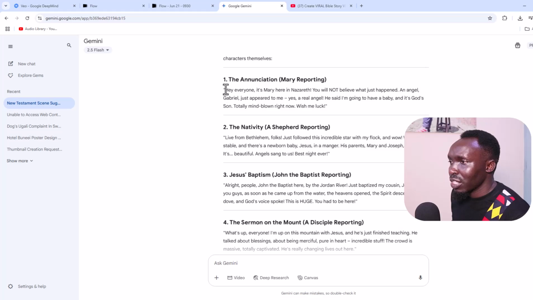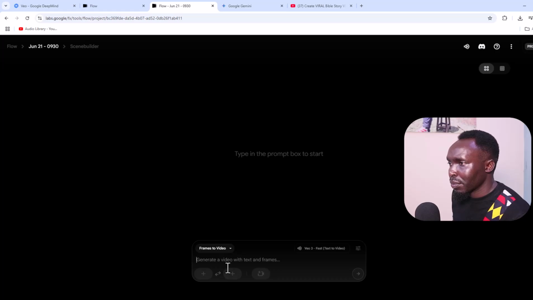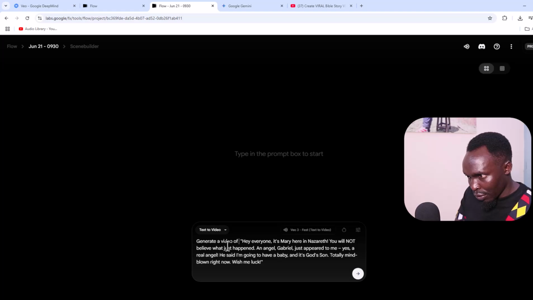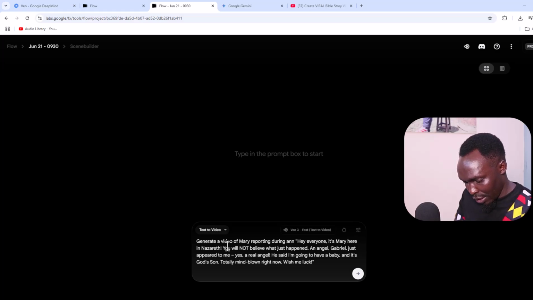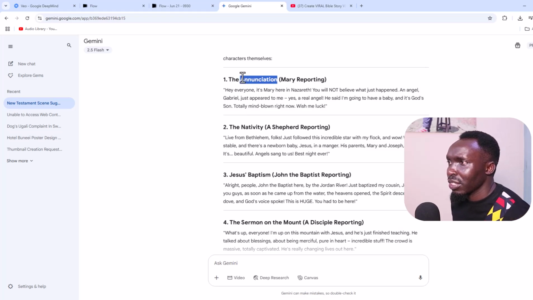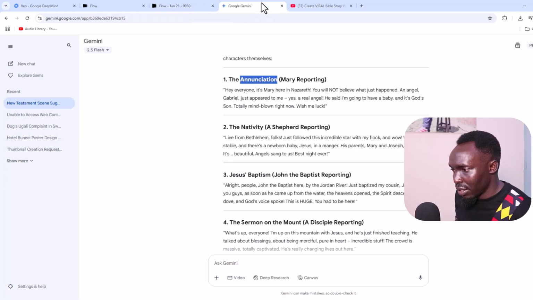We'll select this Annunciation. So we'll put this one here. Generate a video of Mary reporting during annunciation, like annunciation, as you can see here, during annunciation,